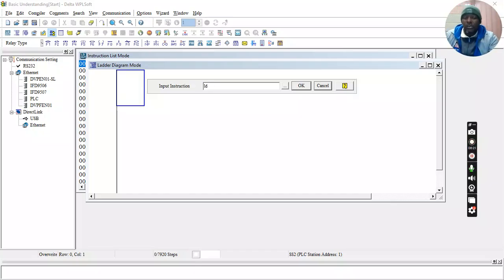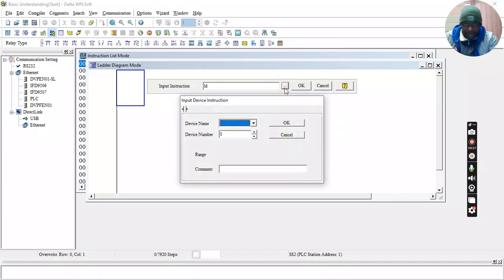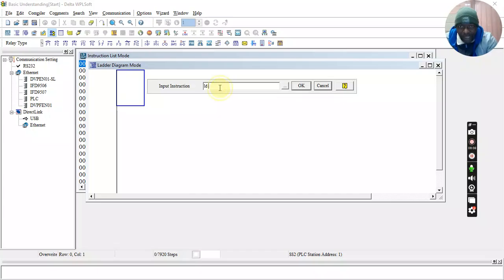Now, if I do this, if I say load, you will notice that previously we were here. This one takes us straight here. If I use a statement and instruction, it does not really give me this box. I could just write out whatever I want right there. So I could say, when I say load, now I name the contact that I want to place there, and